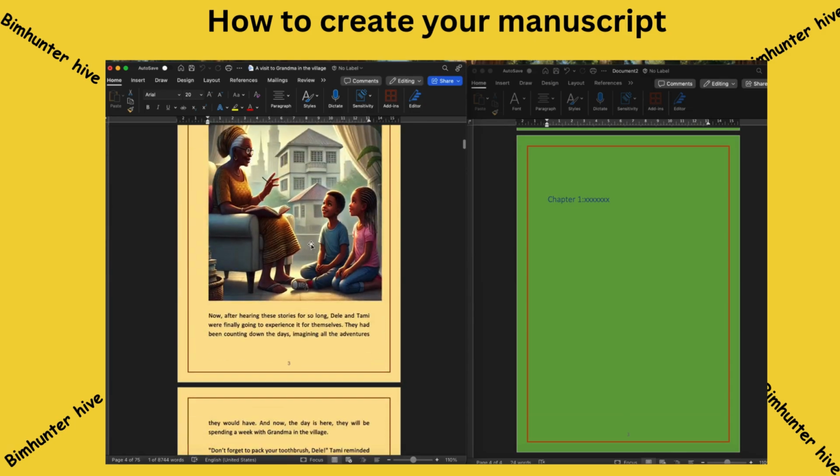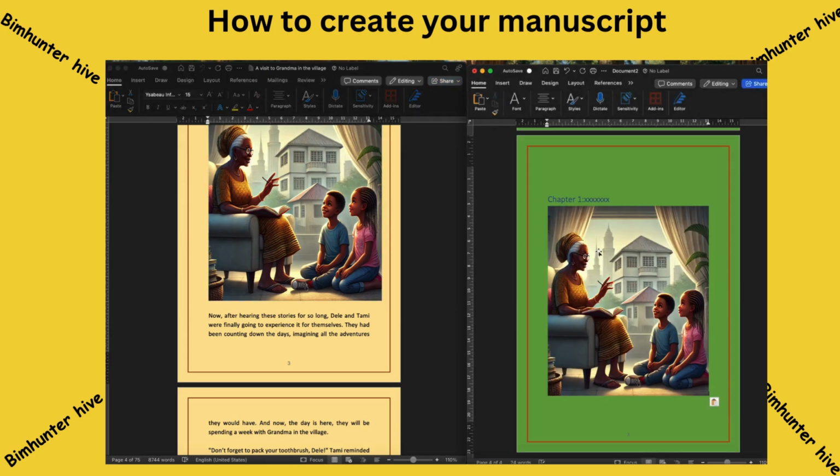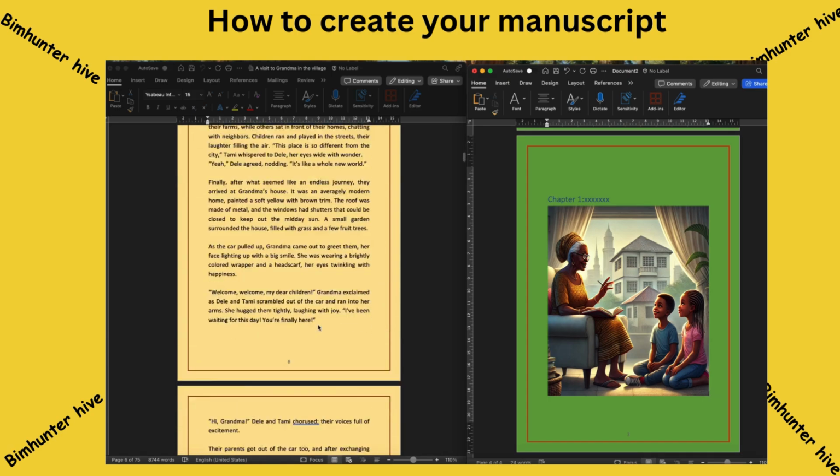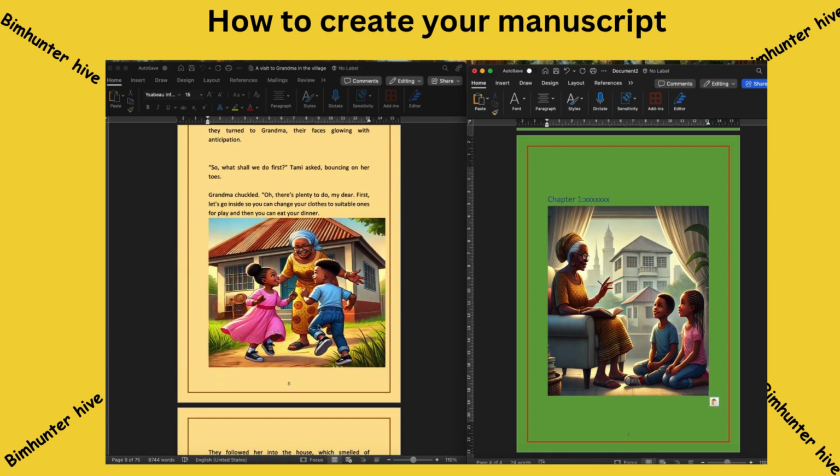So you can actually put an image. I can decide to copy this image and post it in another image. So you can copy an image from its location and post. You can see what I just did in here. So it makes it very unique and beautiful. And that goes on to type in your